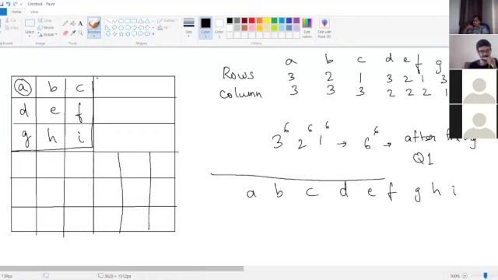So if you choose A, there are 9 choices for A. Correct. But now for B, there might be 8 choices. No, for B, there are not 8 choices. Why not? Because both A and B cannot be in the same column in Q4.